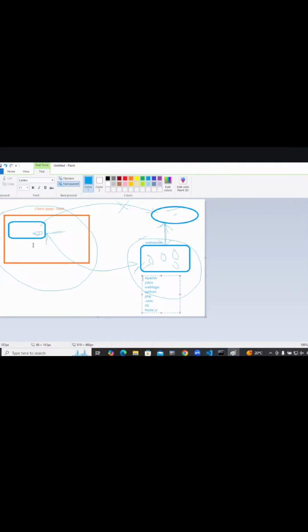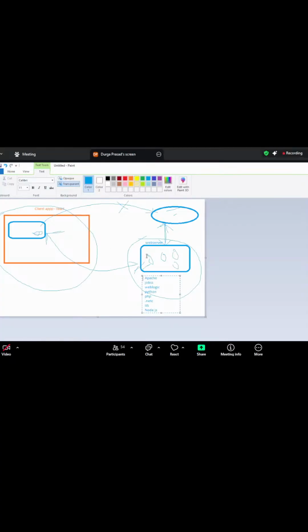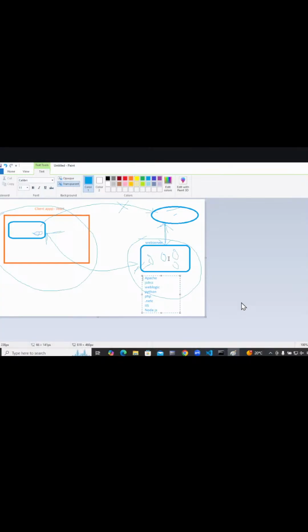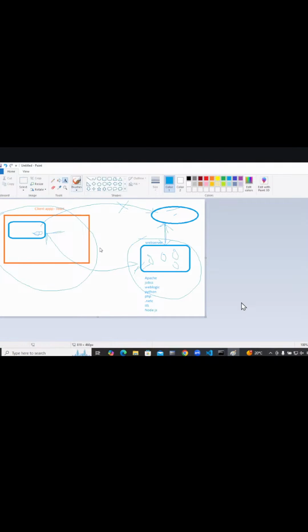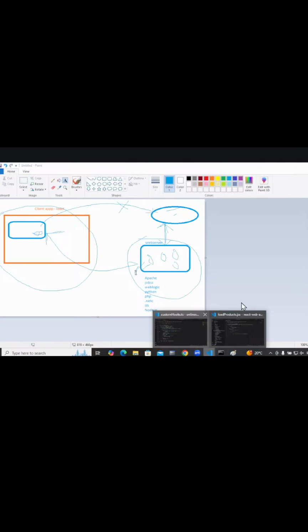Now, what we need to do is, the client side has to call a web server, so we have to set up one of the web servers where you will be creating n number of web services which are going to respond back to you. The first thing we are going to cover today is how do we set up your web server?